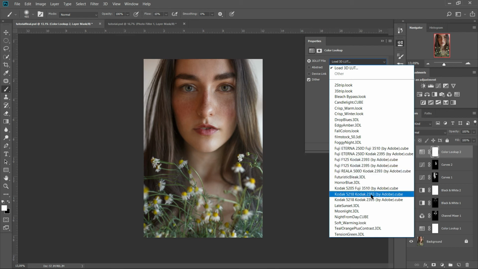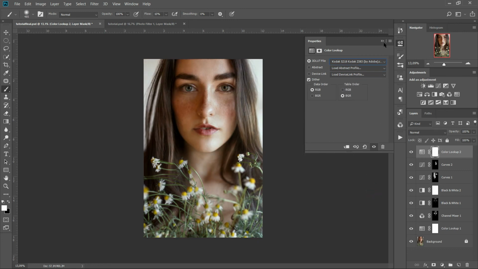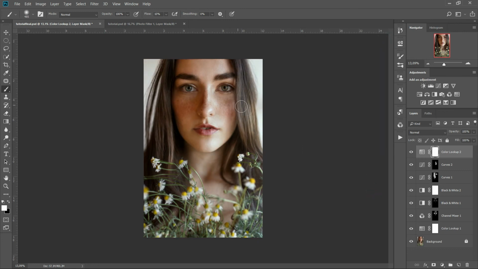And it's really simple again. So I'm going to use this Kodak 52182383, and it gives you this preset effect that's warm, nice, and contrasty, but I don't like the warmth of it,